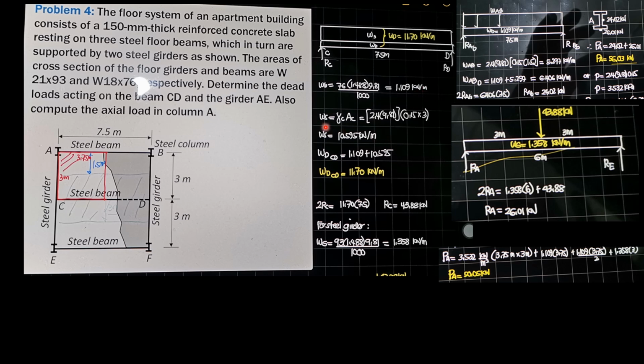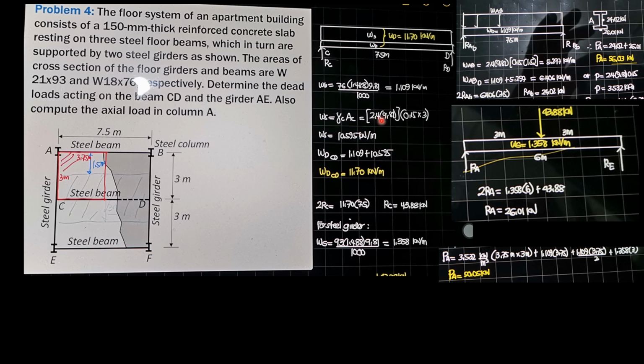For the uniform load, this rectangular dead load due to the reinforced concrete slab is the specific weight of the concrete slab times the cross-sectional area of the tributary section. The tributary width is half to this side and half to the bottom side. Therefore, it is 3 meters and the thickness is 0.15 meter. So it is specific weight times cross-sectional area, which is 0.15 meter by 3 meters, if you draw the section here.